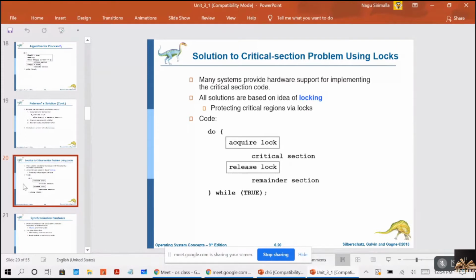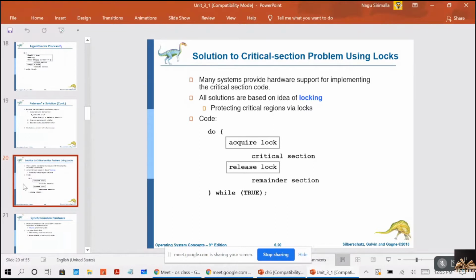Here what I am saying is, we are locking the interrupts. Once a process enters the critical section, we are not allowing any other process to interrupt the variable in the critical section, but that is not possible in a multiprocessor environment. Why? Because on multiple processors, multiple jobs can be executing, right?